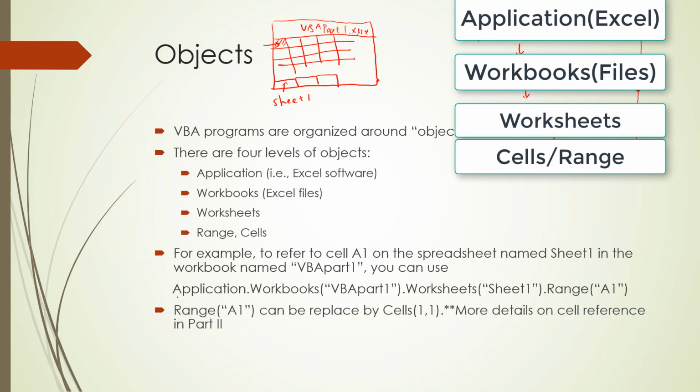We start by saying application, which is the Excel software. This level does not change, it's always application. And then we use a dot to connect to the next level, which is a workbook. So it's going to be workbooks. This is the keyword. Workbooks, this one doesn't change. And then you need to say which workbook. So this is the file name,